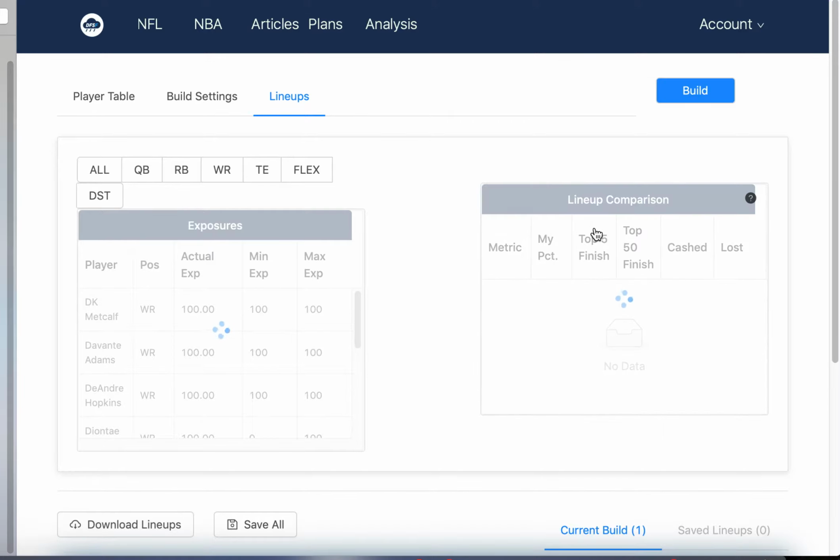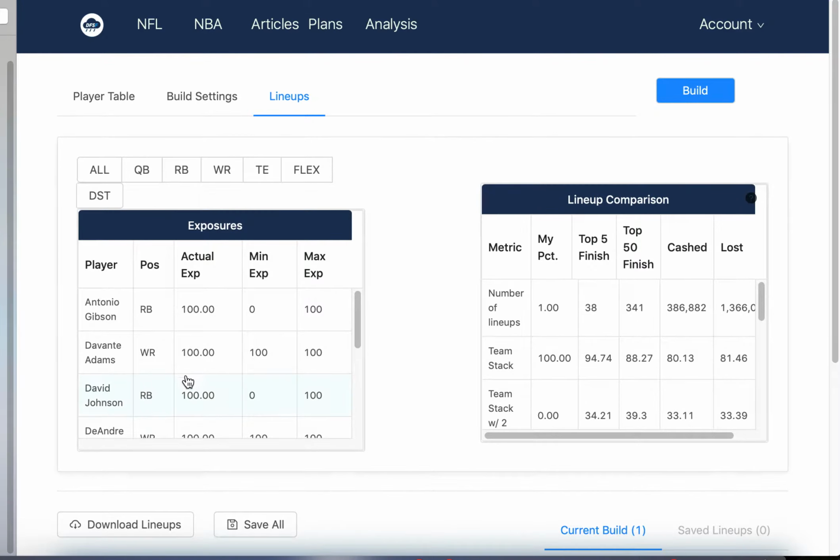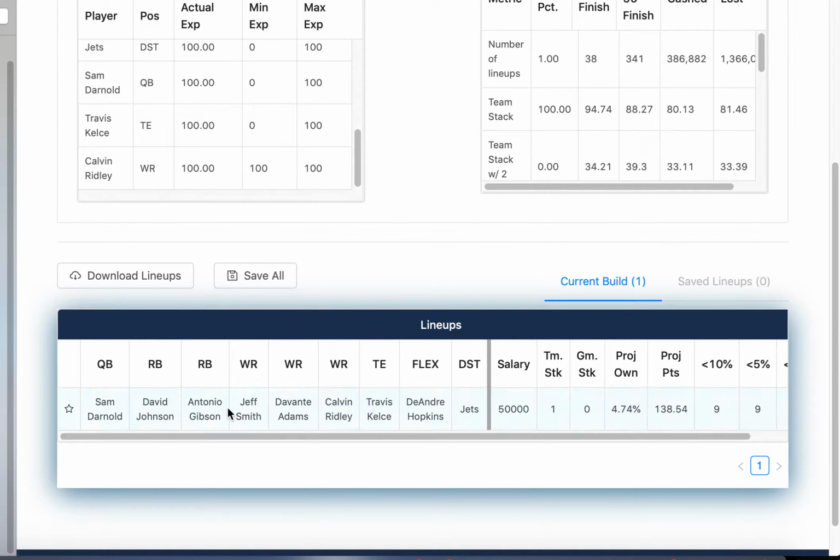So the object of this is to say, okay, if I like all 3 receivers, but if I play all 3, do I have enough salary to build the rest of my lineup? So David Johnson is here. So then I look at my lineup and say, you know what, maybe I can't afford all 3 if this is what my lineup is going to look like. So like in the beginning of the week, you can